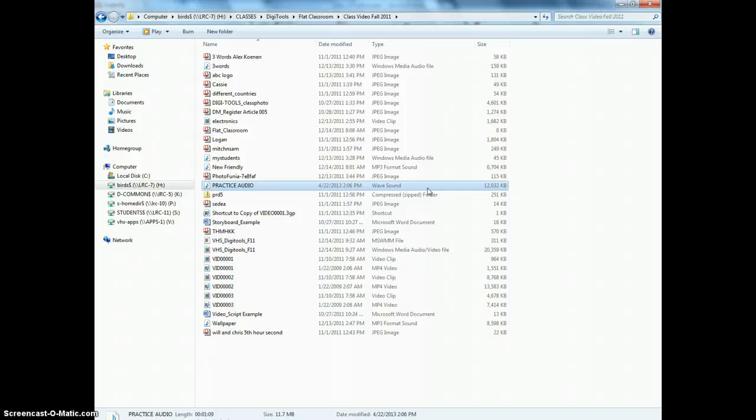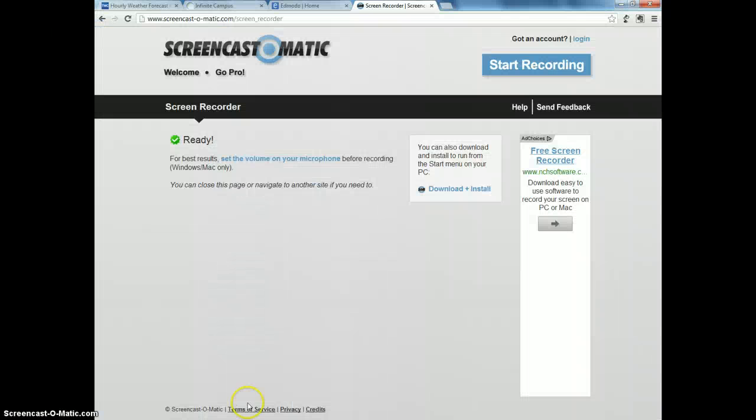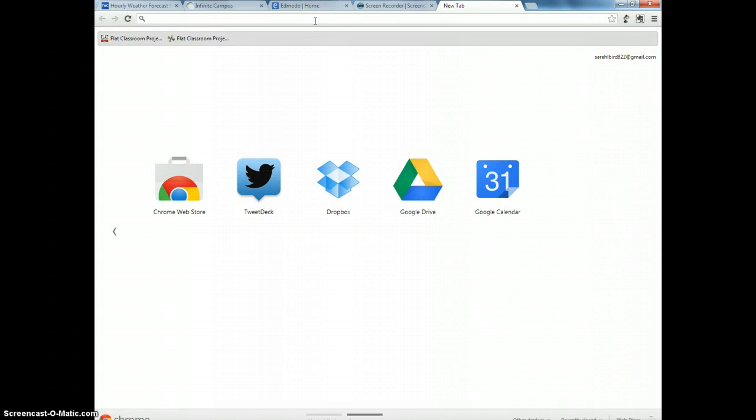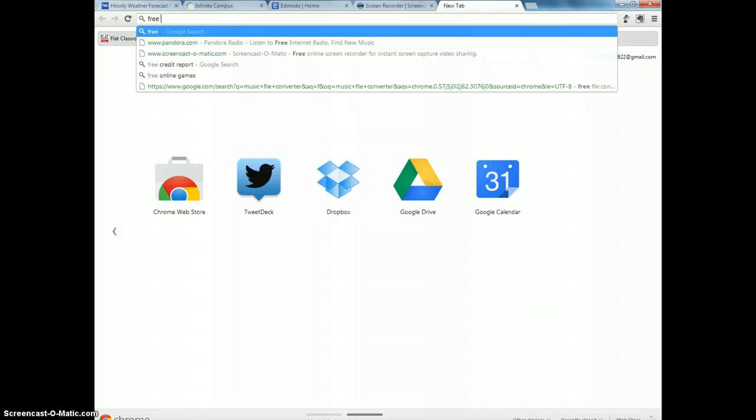iMovie and Movie Maker both do not take WAV files. I still have to convert my WAV sound to an MP3 file. To do that, you're going to need one of those free file converters from online. I don't have that up, but if I go to free file converter,